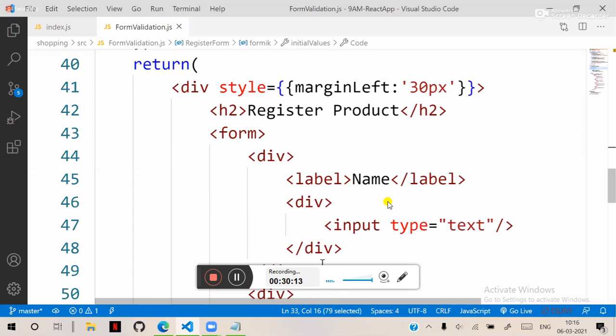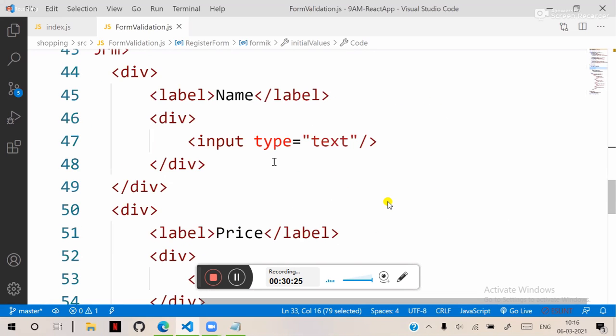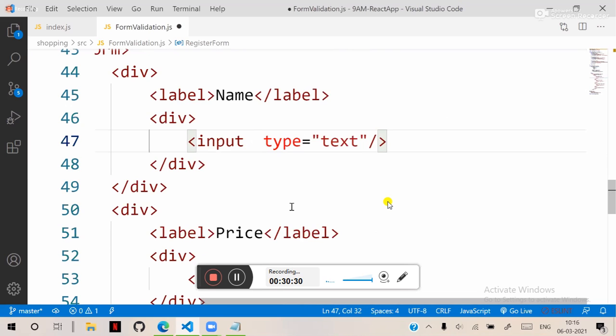That means they must be bound with the text box. In two situations, we need to bind. That means what we should do here is for name, two situations. That means when you want validation to fire up. I want validation to fire up when any change happens inside this text box, or when it loses focus. Loses focus means blur. That means when you want the actions to fire up,